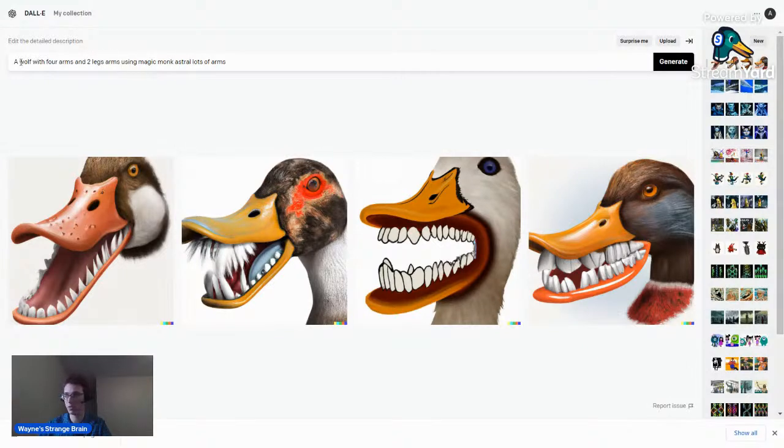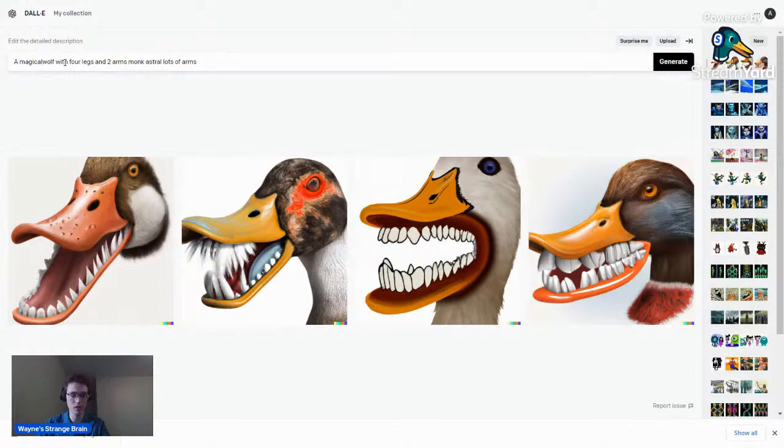Enough arms? You want more arms? 4 legs and 2 arms. How about a magical wolf with 4 legs?